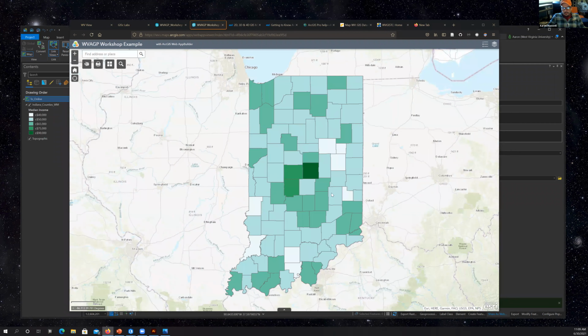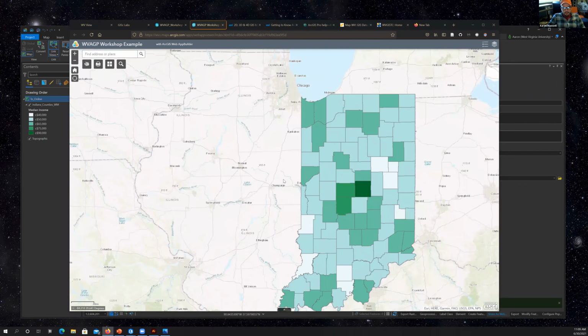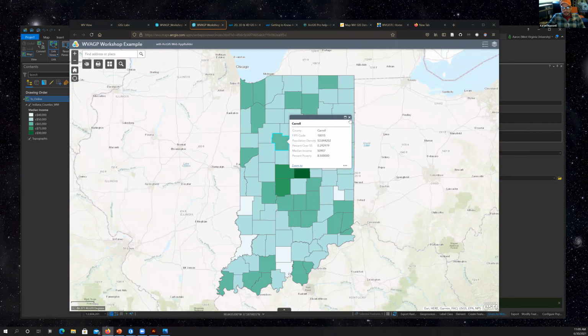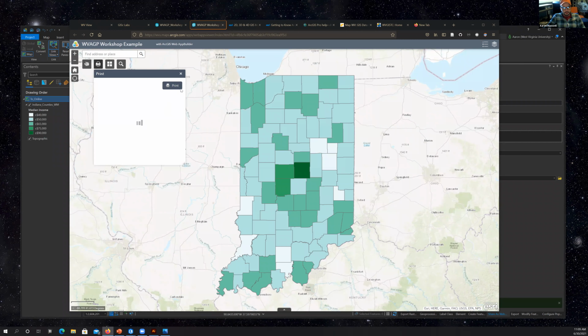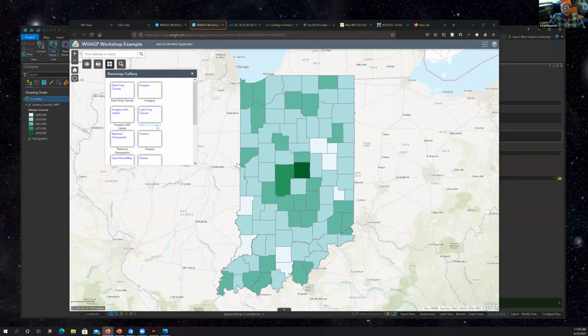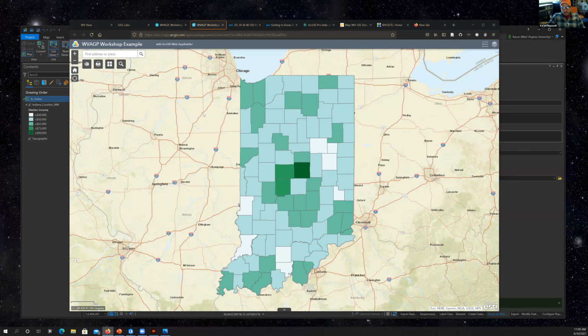Okay, so now I basically have a functional web app. It has our pop-ups, we could print the map out, we can draw on the map, and we can change the base maps. So anyway, it's a pretty simple app, but it's really easy to go from Pro to ArcGIS Online